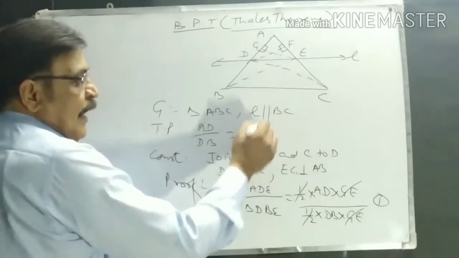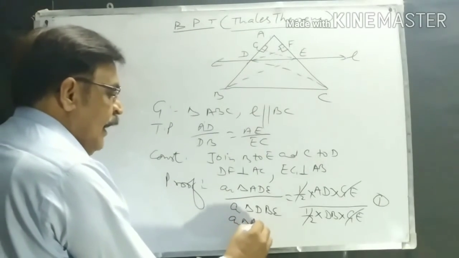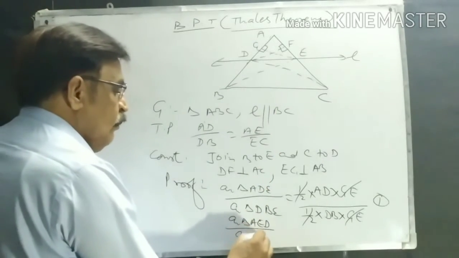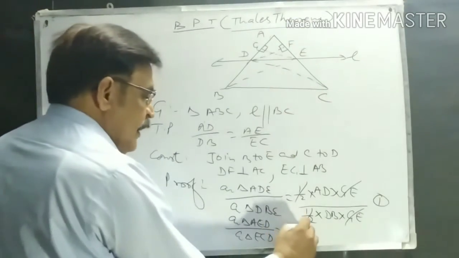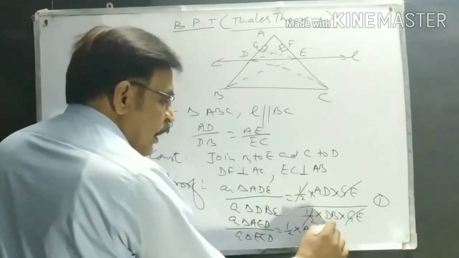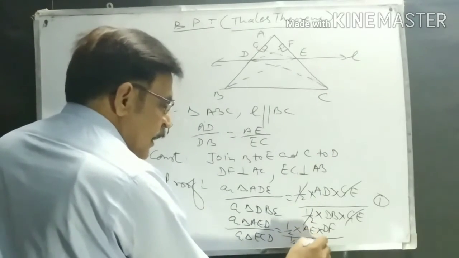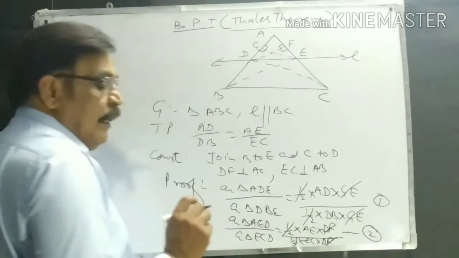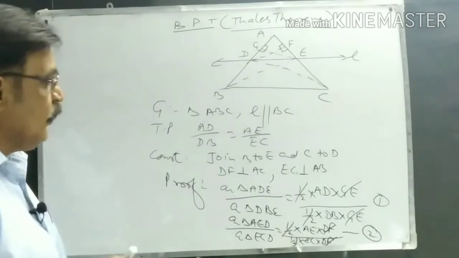In order to prove this, AE is part of triangle AED. You write area of triangle AED upon EC, area of triangle ECD. What do you write? Half into base into height. What is the base? AE is the base. What is the perpendicular over here? DF is acting as the height of this triangle. One by two, this is your base EC, into DF. DF cancels, this one cancels. This becomes your equation number second. After doing this, what do we do?